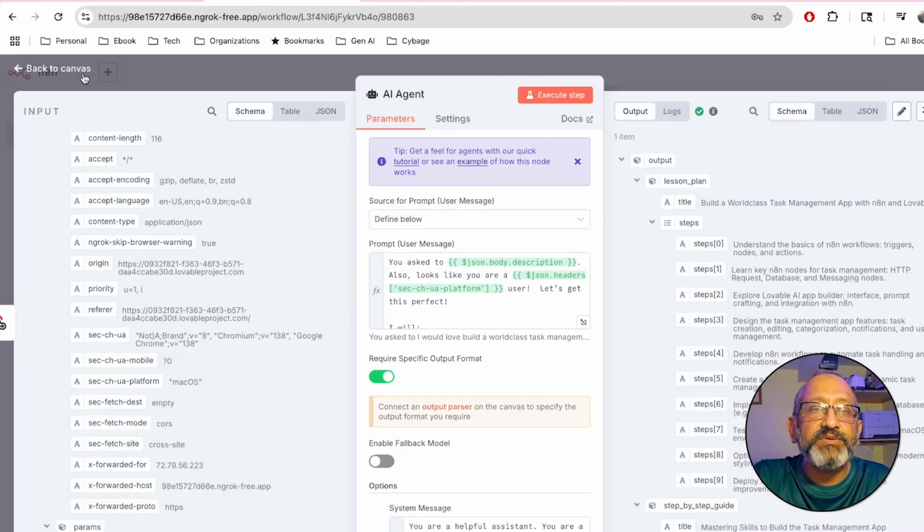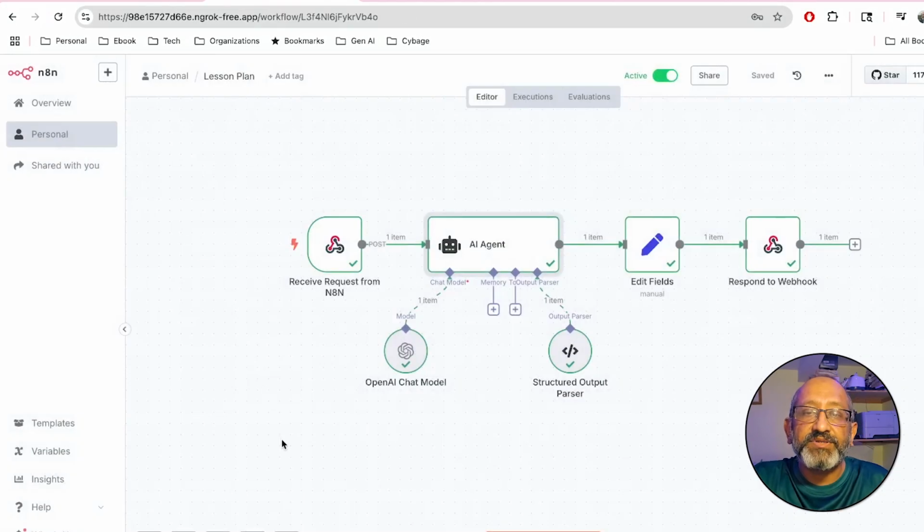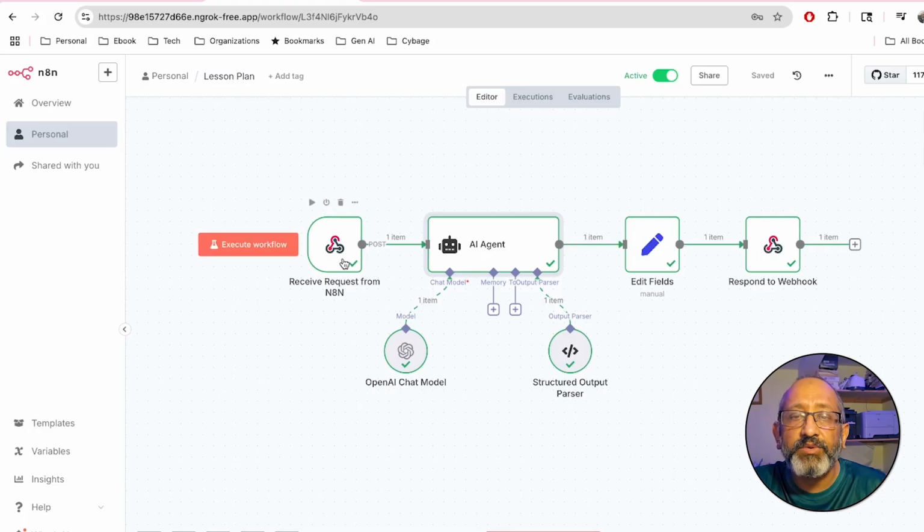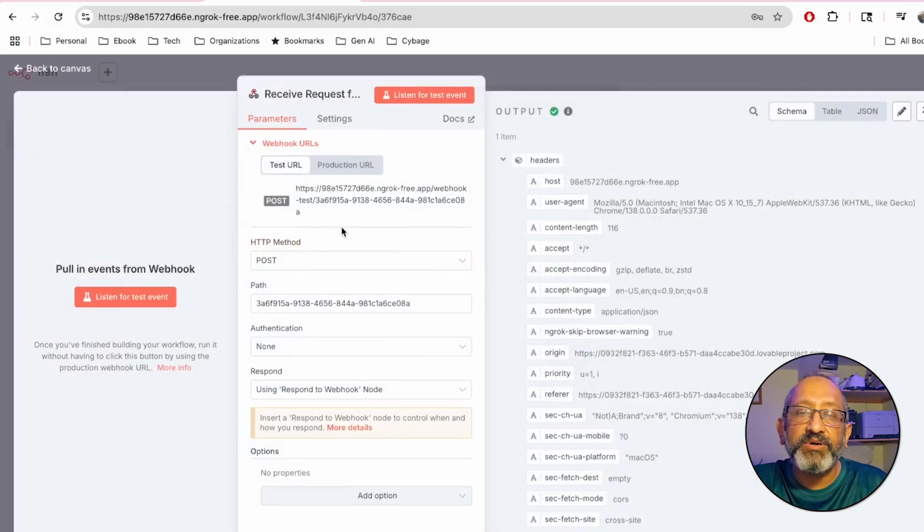Let's go back to the N8N workflow right now. In the N8N workflow, you can see this is a very simple thing. I started with a webhook and I ended with a webhook. Webhook meaning that this is a POST webhook. I am getting data from Lovable. If it was the other way around, it would be a GET. So you can pick and choose the HTTP method. In this particular case, it's a POST one.